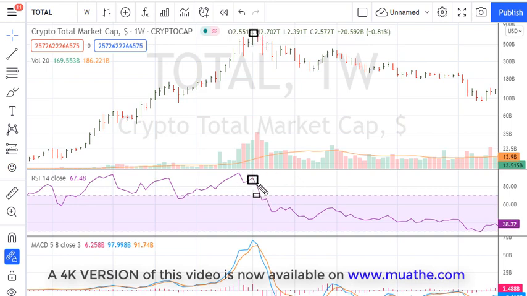corresponding with this RSI peak. So the way I draw trend lines, I like to correspond the price high and the RSI high if that RSI high is above 69.1. In other words, yes, I can draw the trend line from here, but this trend line corresponds with that weekly high. Because the RSI is still above 69.1, I would rather use this trend line as a nuance on how to draw trend lines corresponding with a major top.